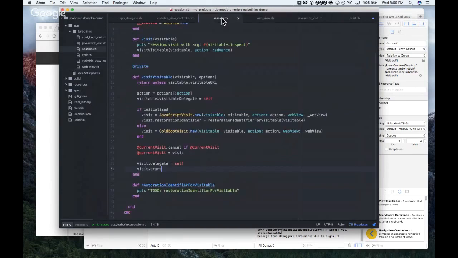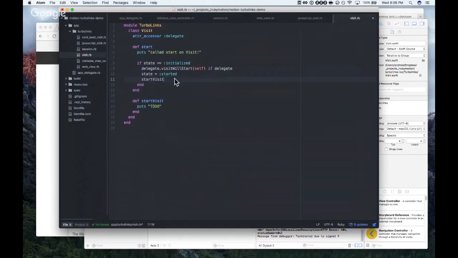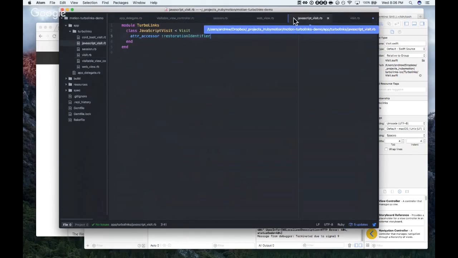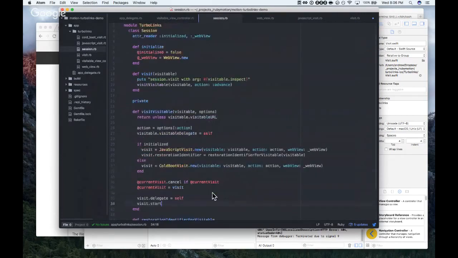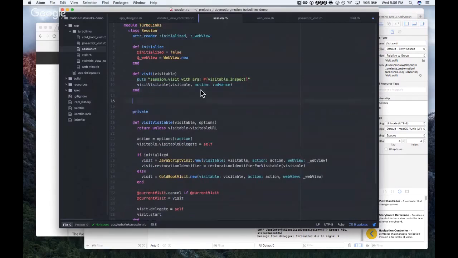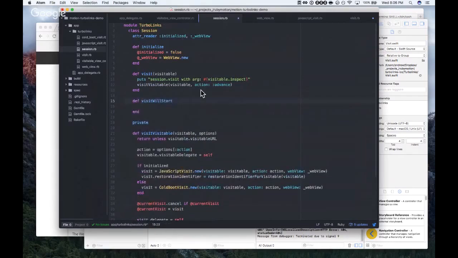Because in session, we initialize a visit and we set the delegate here before calling. See, so they have code in there. It's just that the visit class itself doesn't protect itself, because you could call start at any point in time. I suppose I could do a pull request for them.